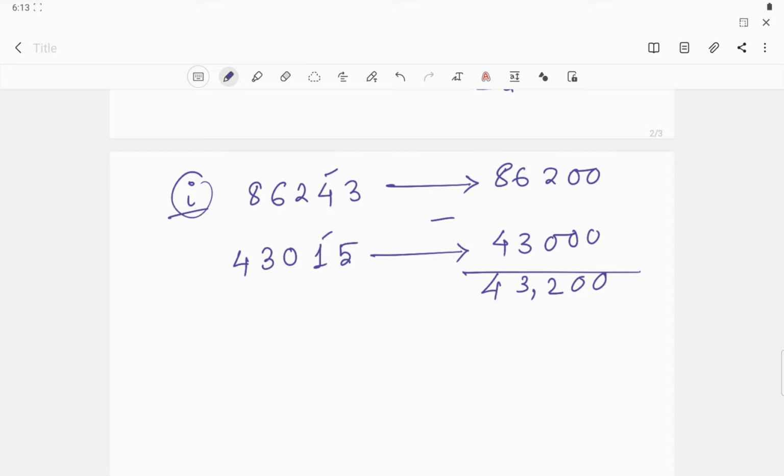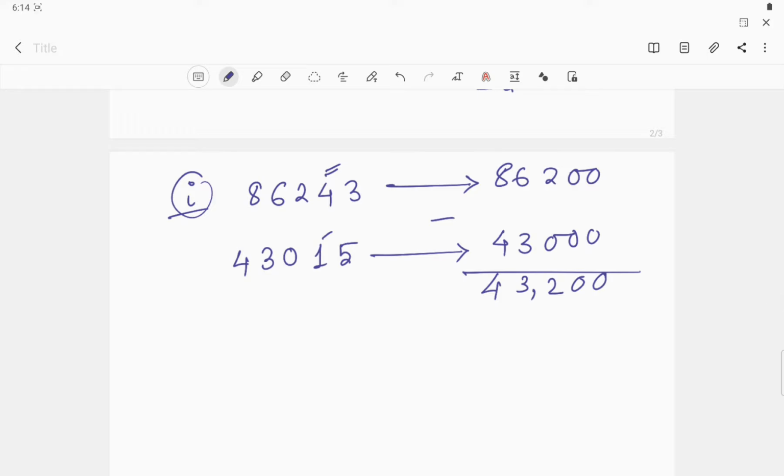Again I am repeating how to do this kind of problem, because it is given: estimate the following difference to the nearest 100. Since it is given to find the difference to the nearest 100, first of all you have to round each figure to the nearest 100. So we have to check the tens place of this figure. In the tens place it is 4. Since it is less than 5,